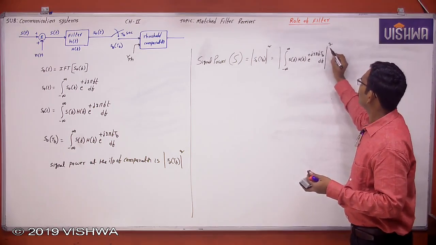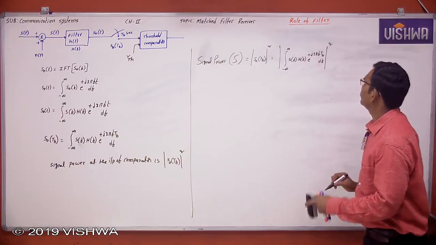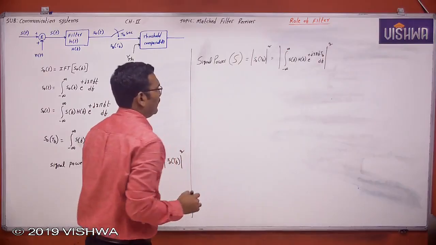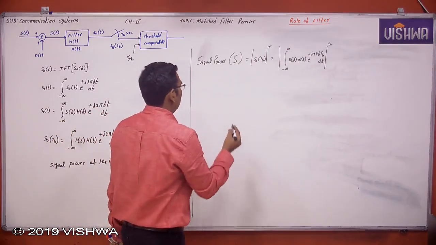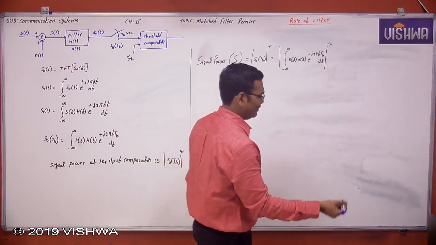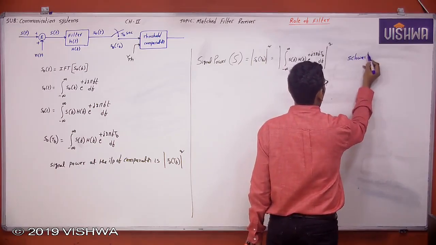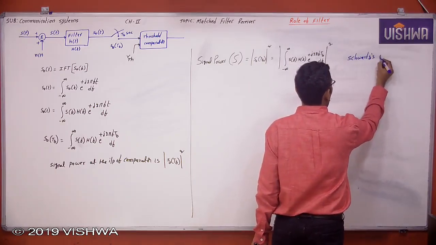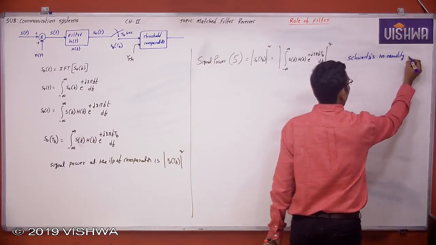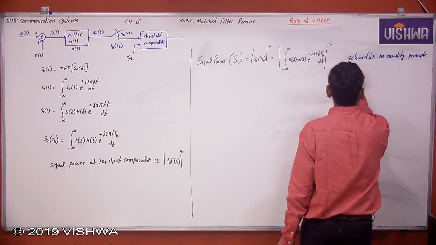Whole square. Okay. Now there is a property called the Schwarz inequality principle. Now the Schwarz inequality principle is saying that